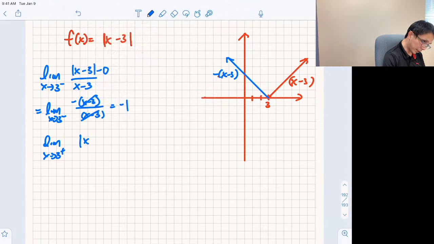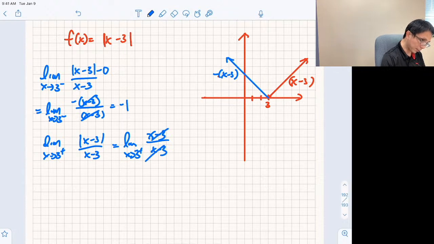So I'm going to write down (x - 3)/(x - 3). And then that's equal to the limit as x approaches 3 from the positive side. It's going to be (x - 3)/(x - 3), because I just changed the absolute value, which is 1. So